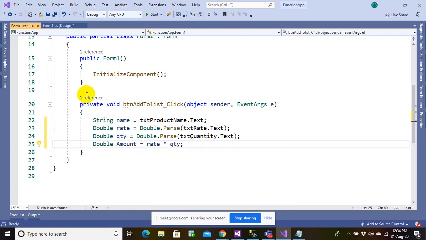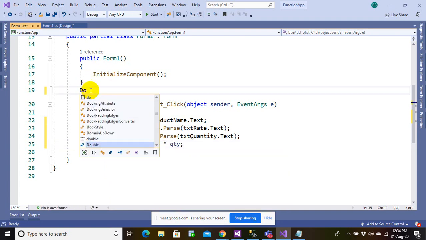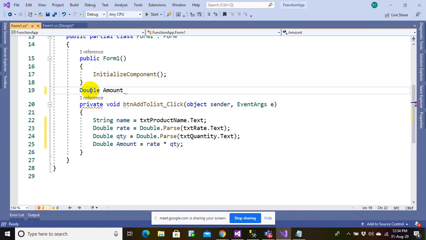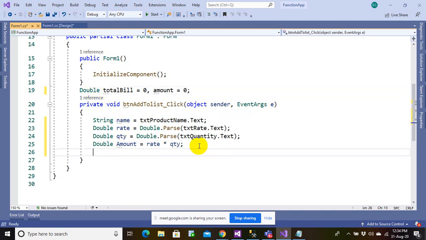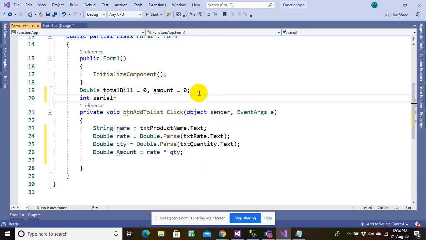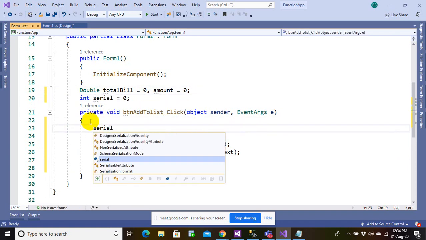And we also want to have, let's say, one more variable here, serial, and that equals 0, and every time you click on the button this value has to be increased by 1.